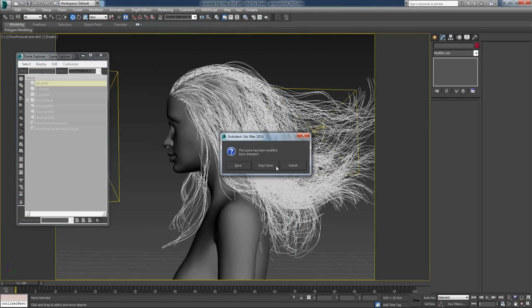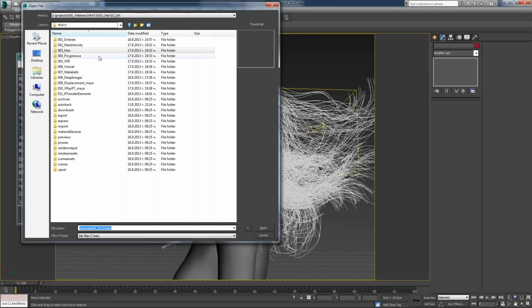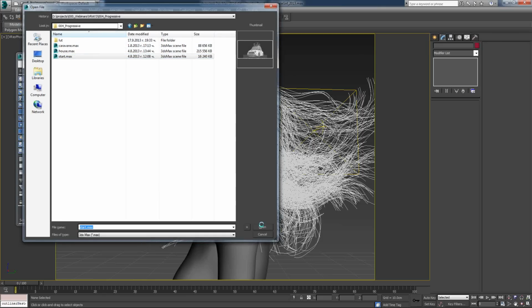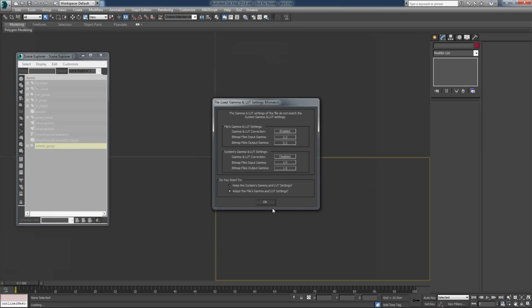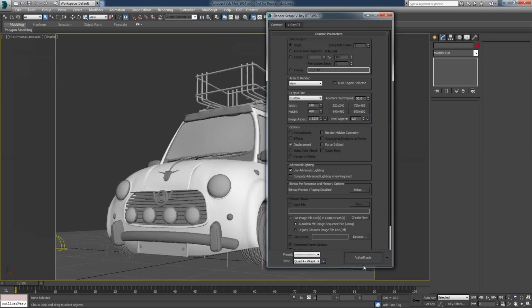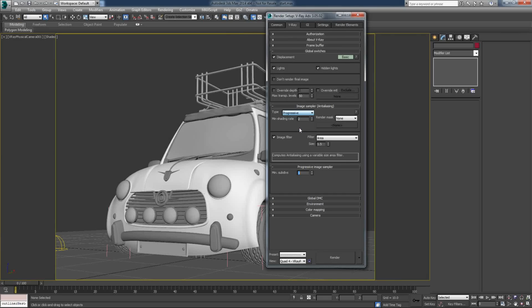That's about it. Let's move on and take a look again at the progressive shader, and let me take a look at the car again. I wanted to show you one feature that is actually used in production. Okay, so if we render,